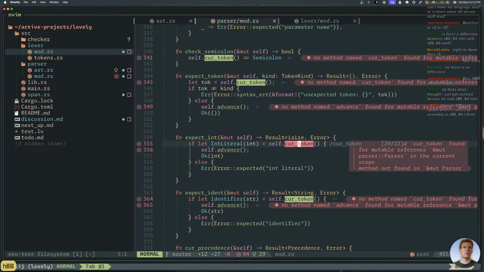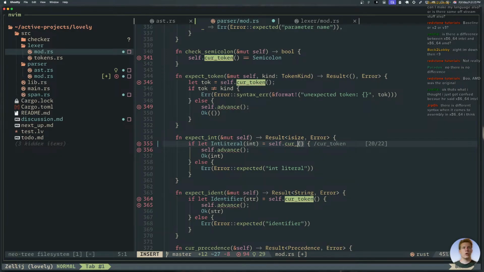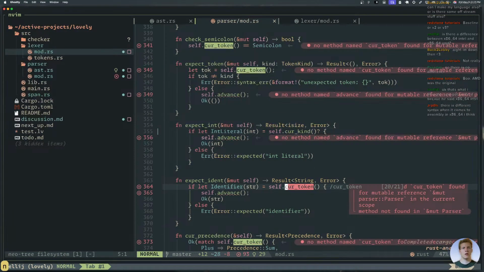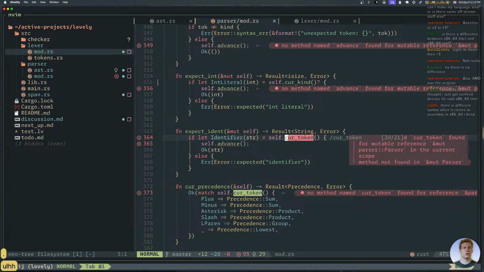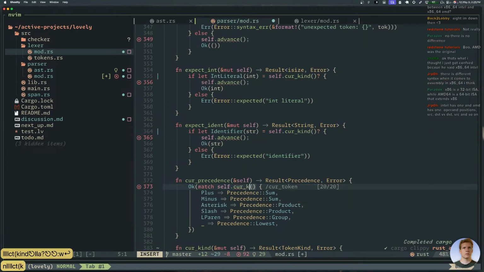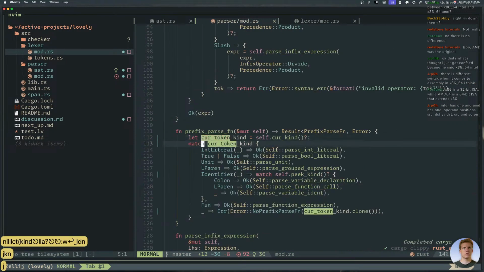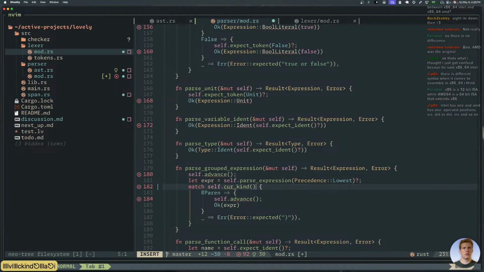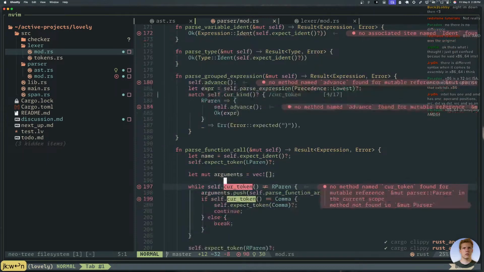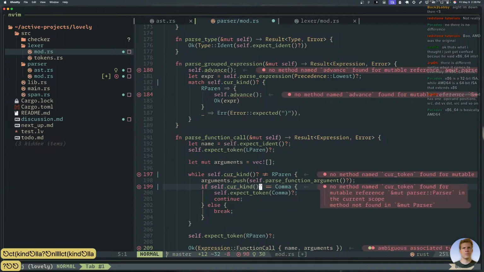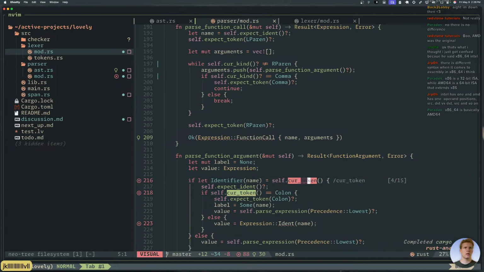Cur token becomes cur kind. Right, these all become kind, right?